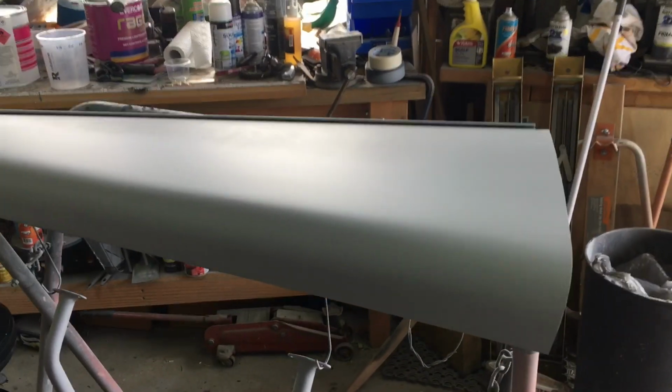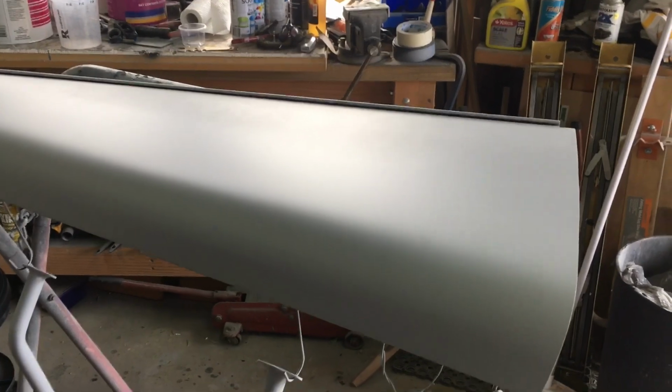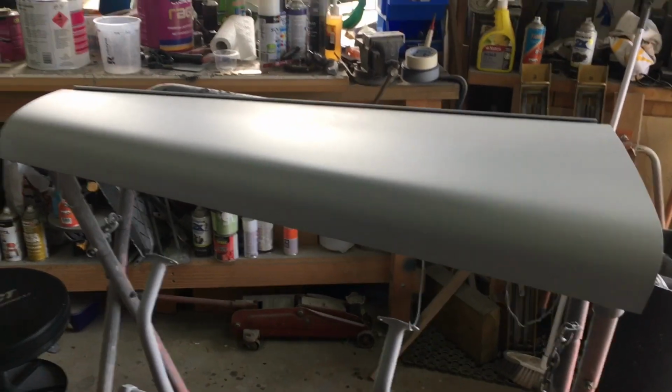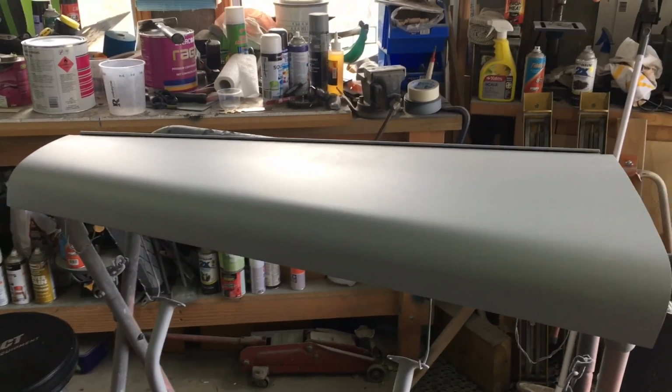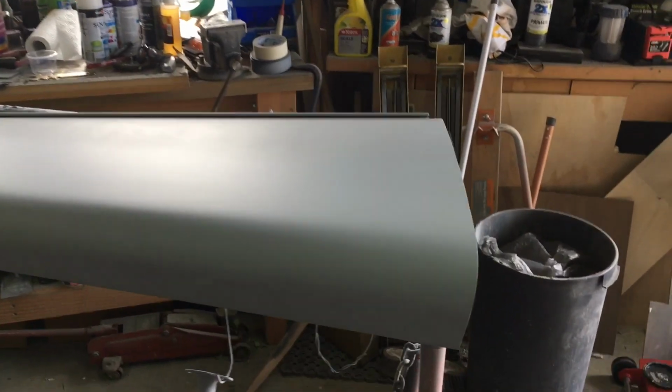Hi guys, 22nd of April now, 2019, Easter Monday, and thought I'd just give you a very quick update. I haven't done a great deal, well it doesn't look like I've done a great deal of late, but actually